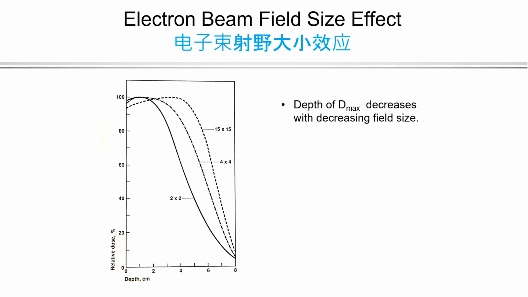Another important aspect of electron beam depth dose distributions is the field size effect. For large field sizes, the number of electrons scattered away from the beam axis is compensated by the number of electrons scattered towards the beam axis, and the dose with depth remains high until the electrons lose most of their energy. For a small field size, many electrons are scattered away from the beam axis, but few are scattered towards